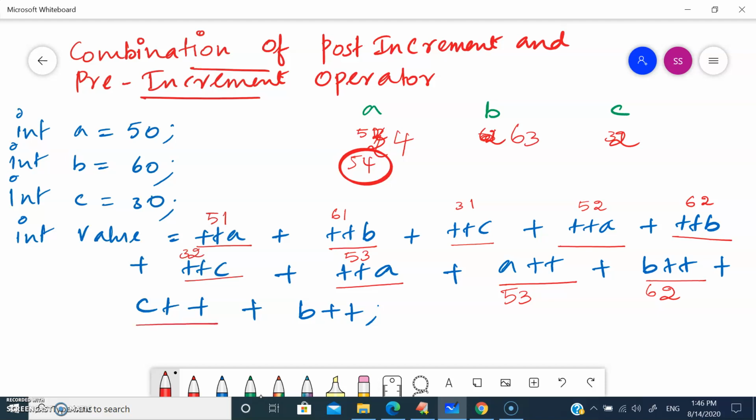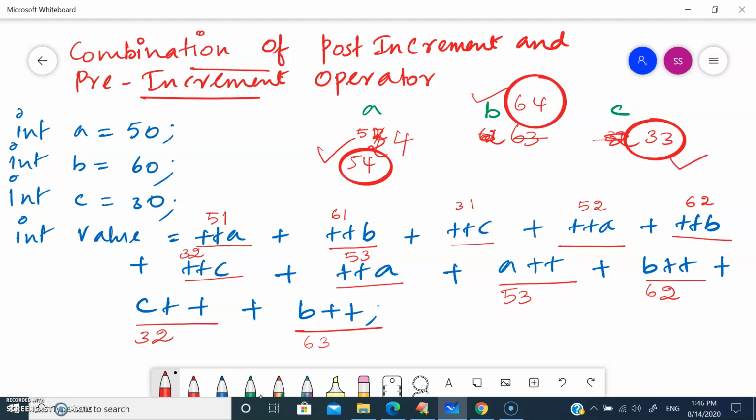What is the latest value of c we have? 32. The incremented value is going to be stored in c, 33. What is the latest value of b we have? 63. The incremented value is going to be 64. So the a value is 54, b value is 64 and c value is 33.